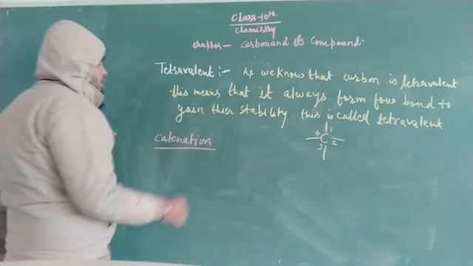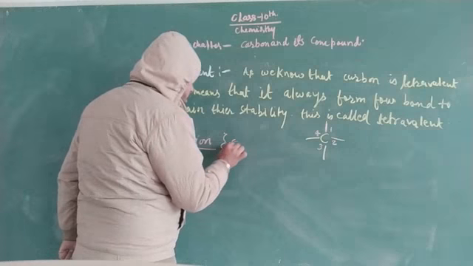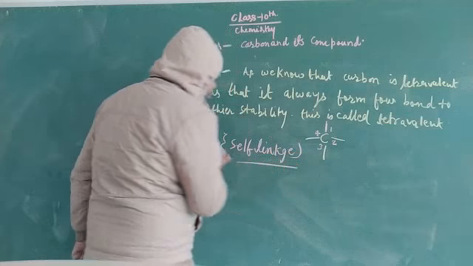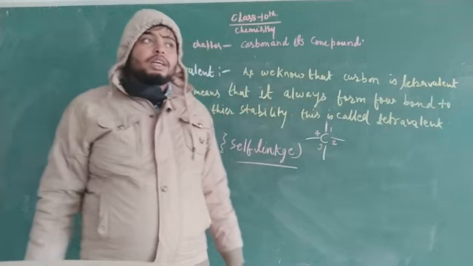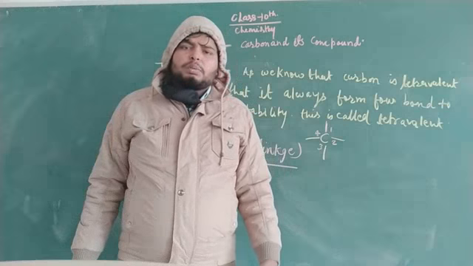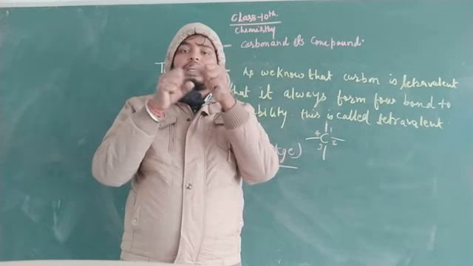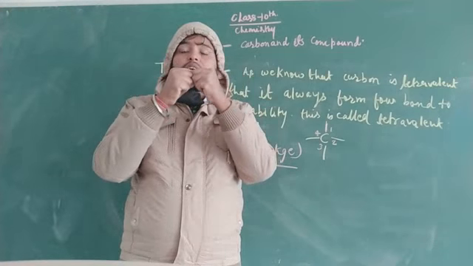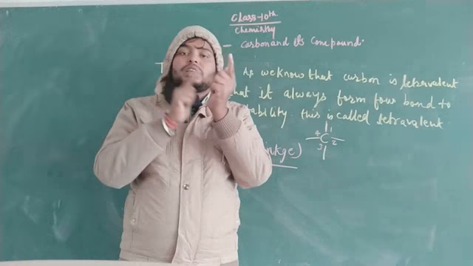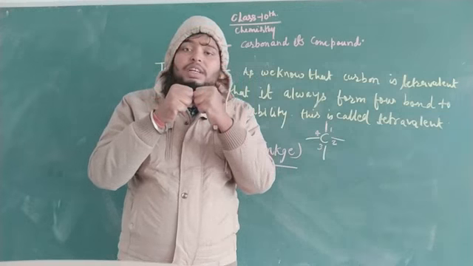What is catenation generally? In two words, you can write it as self-linkage. For getting more stable, for completing their octet, carbon generally combines with carbon. This is the first carbon atom, this is the second carbon atom. For stability, both combine with each other by multiplicity of bonding. After that, this one also gets stable and this one also gets stable, and this mutual sharing is known as catenation. That means self-linkage.